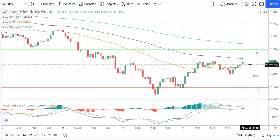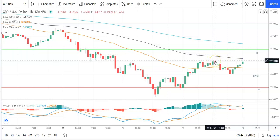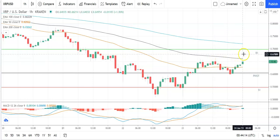And you're looking at Ripple's XRP against US dollar, bullish start to the day. Going to see Ripple's XRP avoid the pivot at 60.60 to take a run at the first major resistance level, sitting at 6970. We'll need to see plenty of support from the broader market for Ripple's XRP to break out from yesterday's high, 66522. So barring an extended rally on the day, expect that first major resistance level and resistance at 0.70 to